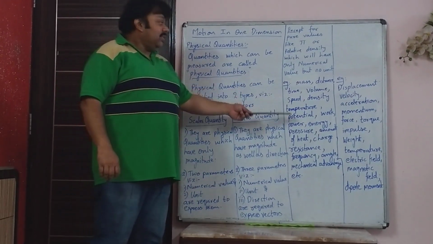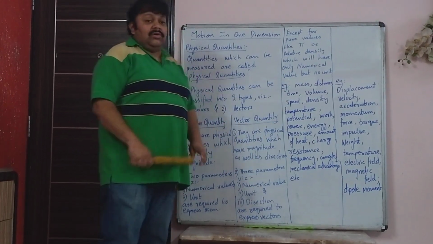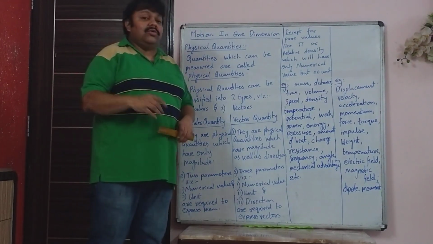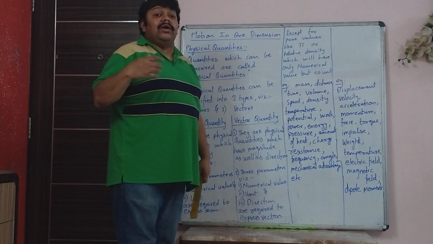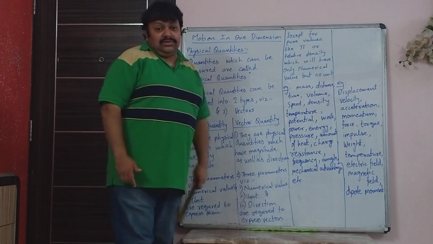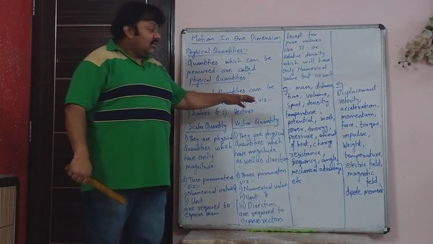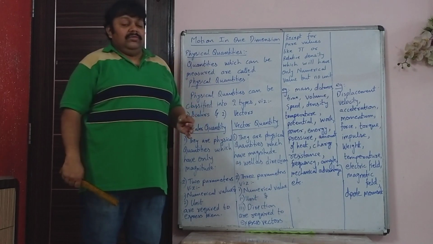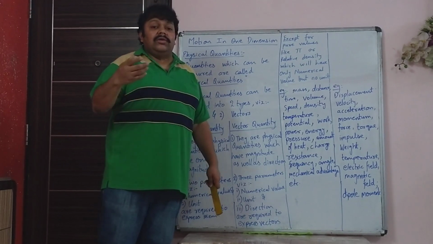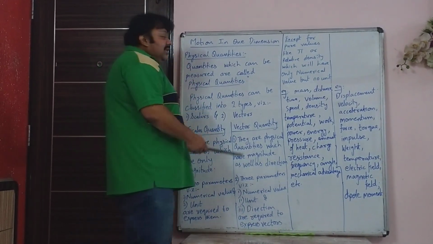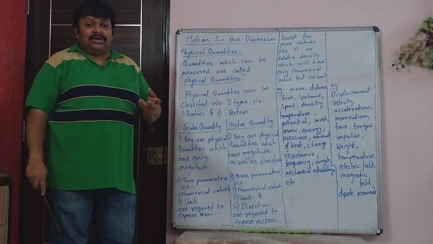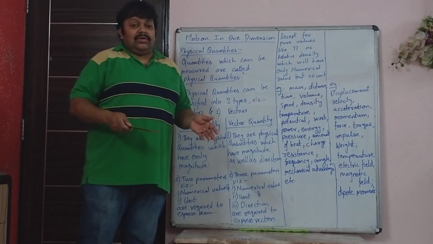So now, examples of scalar and vector quantities. This is very important because many times in school exams or board exams, you are asked to classify the following into scalars or vectors. Any of these could be asked. Most of them you will come across in your topics in standard 9 and 10. But you have to be very thorough with what is a scalar quantity and what is a vector quantity. Now we will see the examples of scalar quantity. You have mass. Mass, I told you, is 50 grams. It's just the quantity of matter, so it does not have any direction.